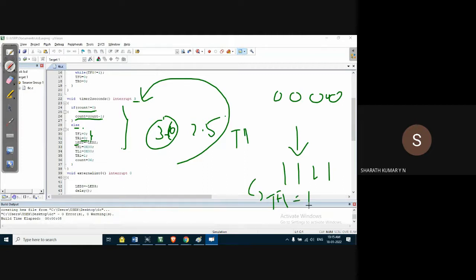TF1 flag to 1. So this will generate the interrupt. Once this interrupt is generated, it will come here. Hence we have to clear the flags and toggle the LED. So LED 2 for 2.5 second delay, toggle the LED, initialize the timer to 0 again, so that we can